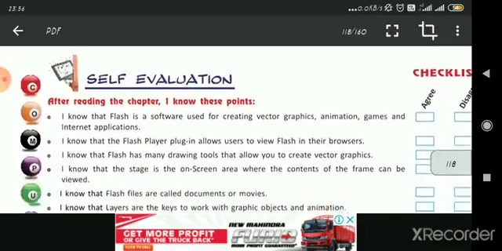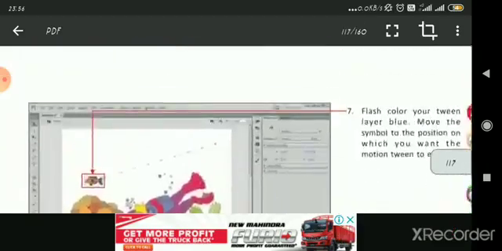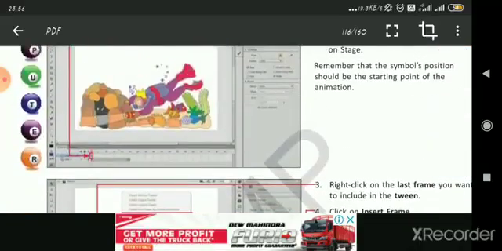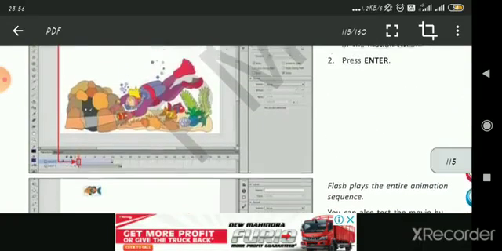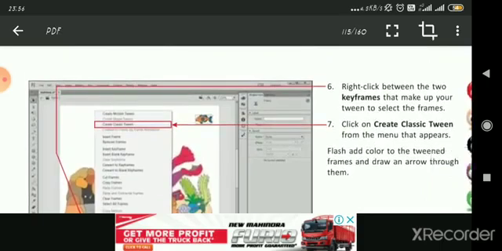So here, students, we have completed our chapter on Flash. If I get the software, then of course I will show you the practical of this also. Otherwise it is our bad luck that we didn't get the software, because Flash is now not available on the net also. It has been, you can say, stopped by the